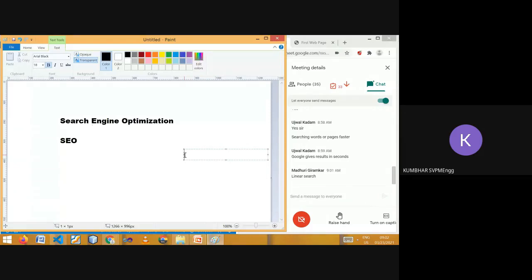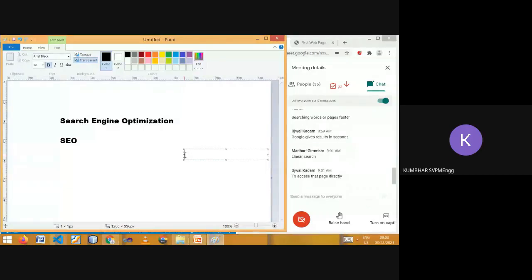Whenever we go to any book, first the index is there and then the contents are there. What is the use of the index? Can anyone tell me why the index is there? Yes, for accessing the data in less time.